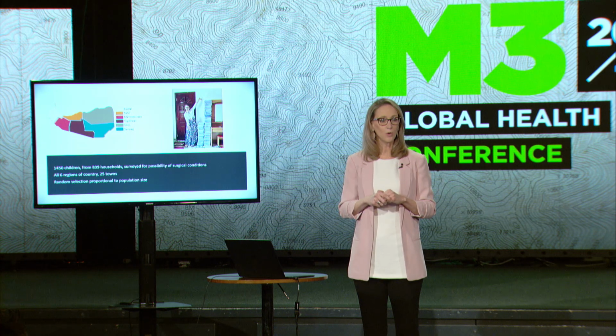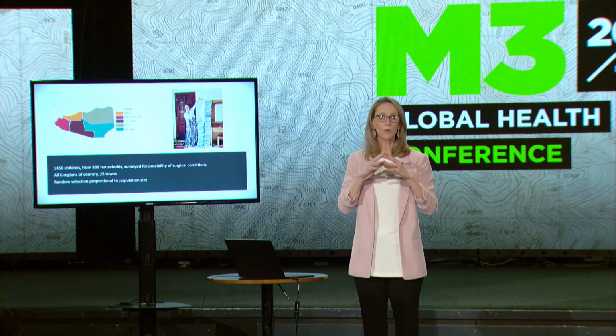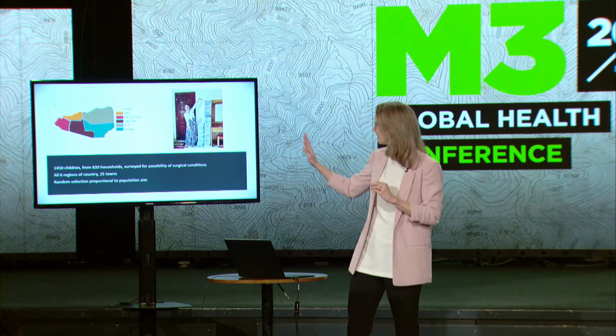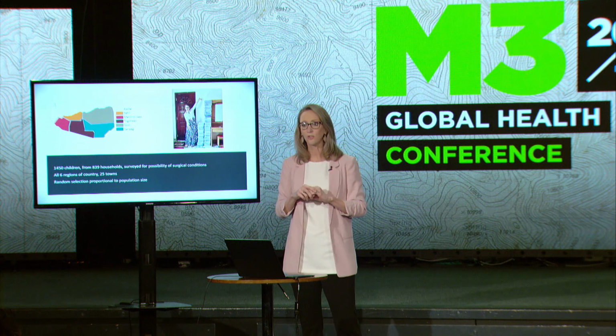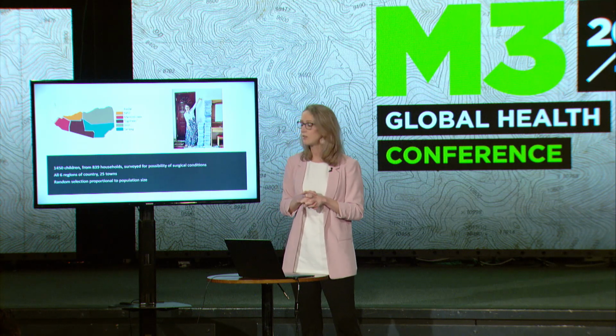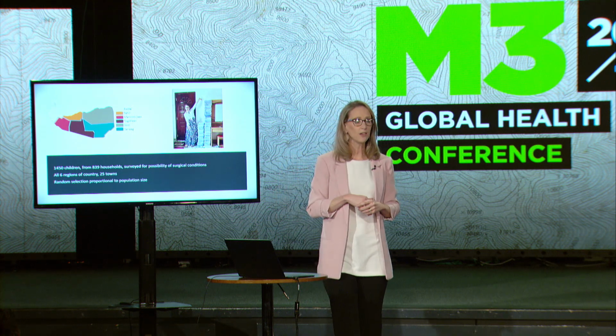So we did that. Now there's 2 million people, 2 million children within the country, so obviously we can't go to all of those homes to talk to the 2 million. In an epidemiologic way, you can do a random sampling of those 2 million and pick out about 900 homes that would represent the other 2 million children. So that's what we did. This is the country of Somaliland divided into its 6 regions. We had data collectors that went to all of the regions to about 900 homes and talked to 1,400 children or their parents and just asked them, have you ever had a surgical need? If so, where was it?